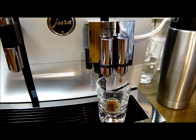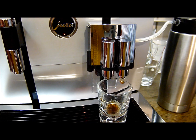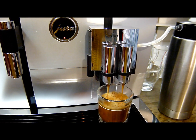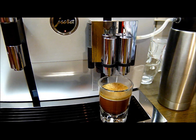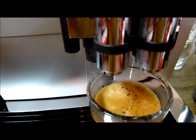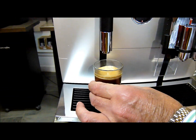And you see how quickly those grinders worked, and that's a real advantage compared with anything that you've seen previously. Okay, so there's our espresso. If we want to turn that espresso, and just look at the crema on that, by the way, if we want to turn that espresso into an Americano,